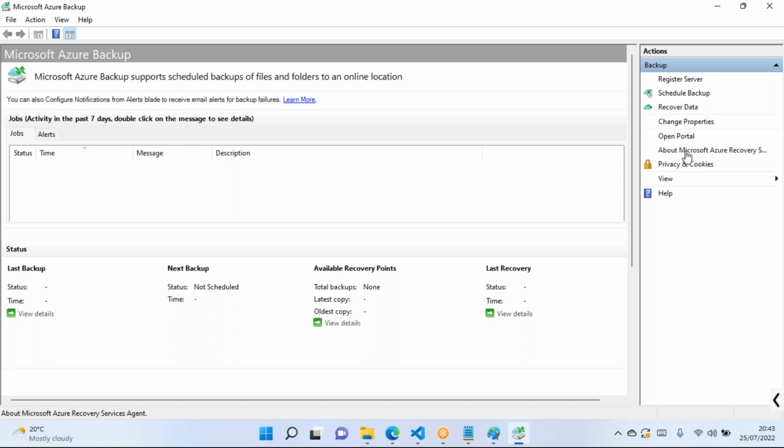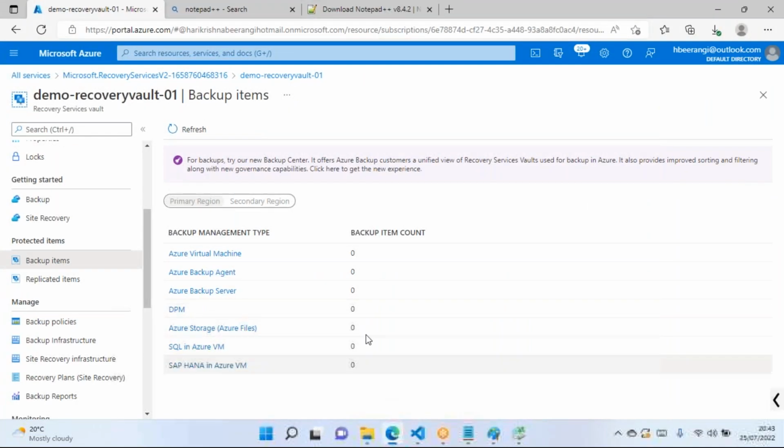Because you did not register that server, and once you register, then only you will be able to take a backup. If you try to take a backup without registration, no, it is not possible, because there should be some connectivity, which is nothing but